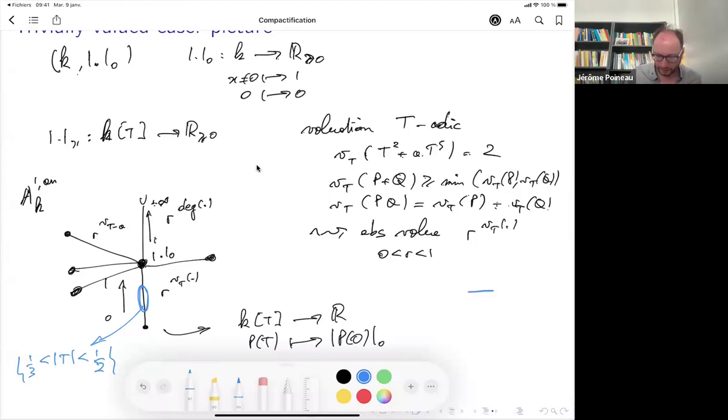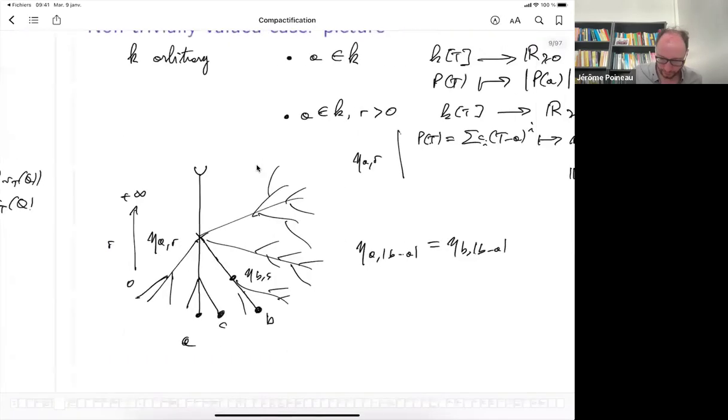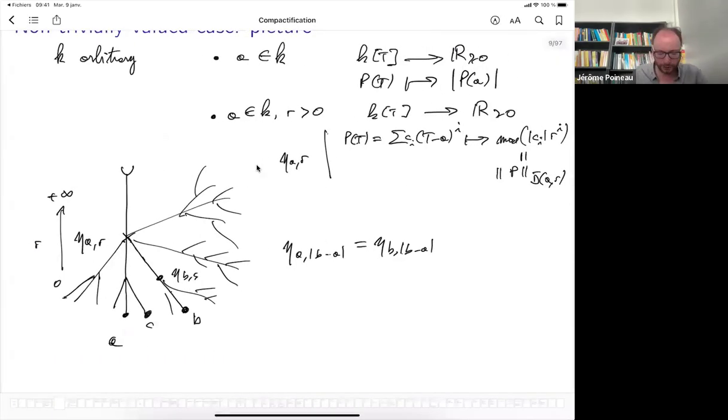Now if I go back to the other picture and want to draw the same picture here, if I say absolute value of t between two values, if K is not trivially valued, there could be many points with absolute value of t between those two bounds I chose.